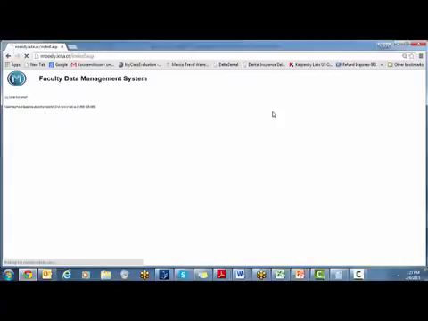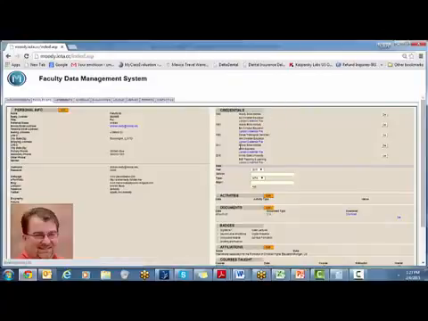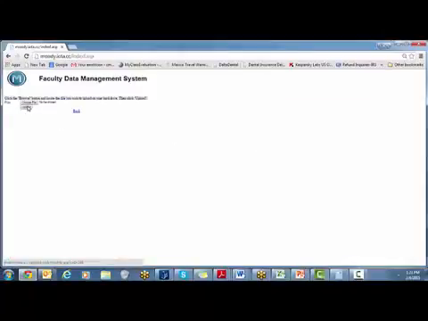So we'll go back to edit, and we'll show you that you can actually upload a credential file that's affiliated with this as well. For instance, if you have a scanned document of what the degree looks like, you can click on upload credential file and also upload a file that's associated with your degree. So we'll click back,